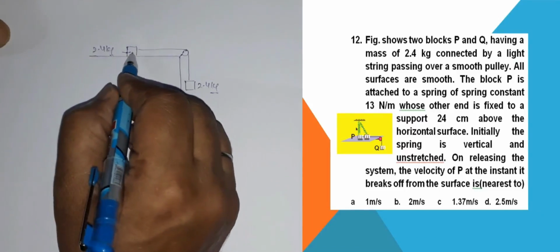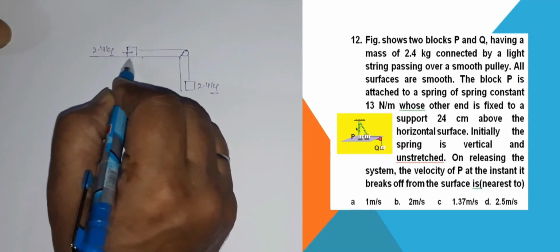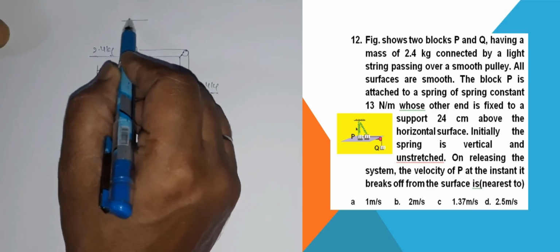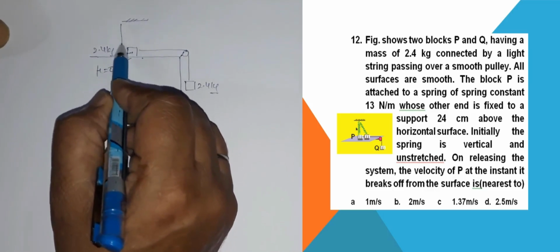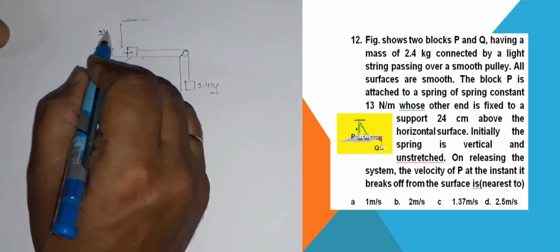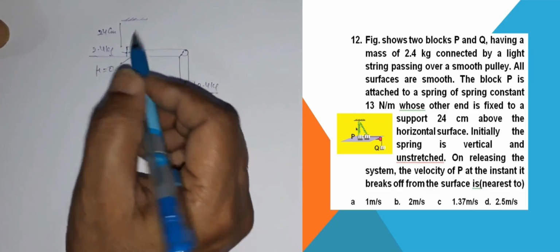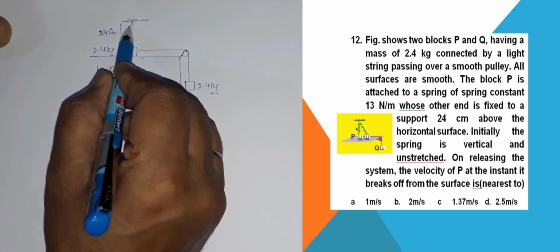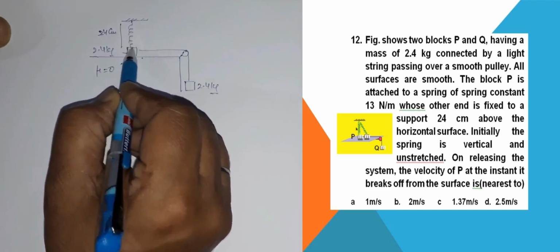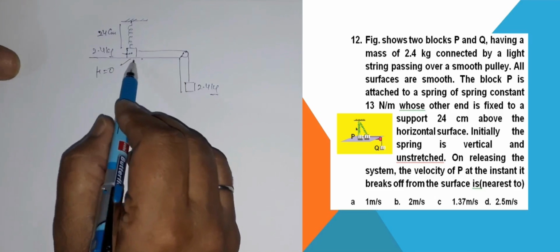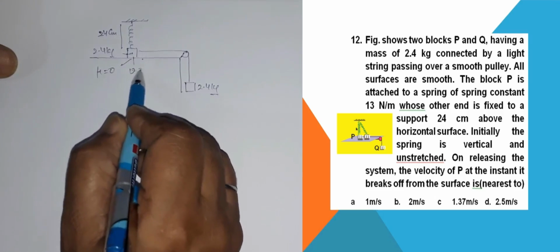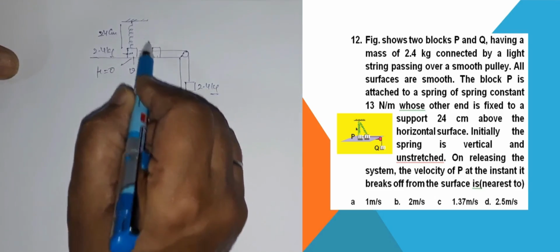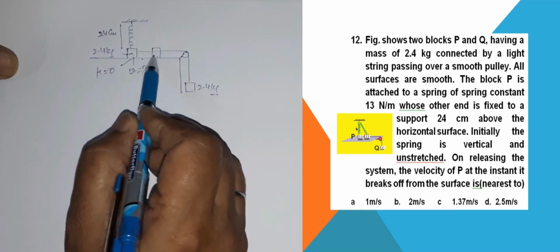Both are equal masses. This is frictionless surface. There is no friction. There is a spot here at a distance of 24 centimeter, and this is also the unstressed or unextended position of the spring, unextended length of spring, normal length of spring. We have to find its velocity. At which point? Here, when it just leaves the surface, because as it comes here,